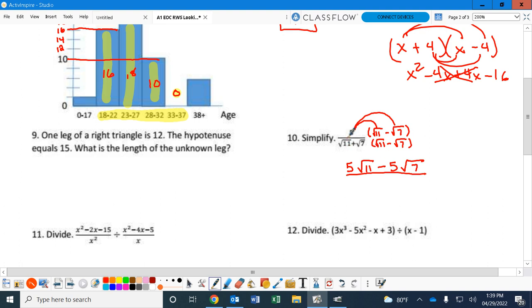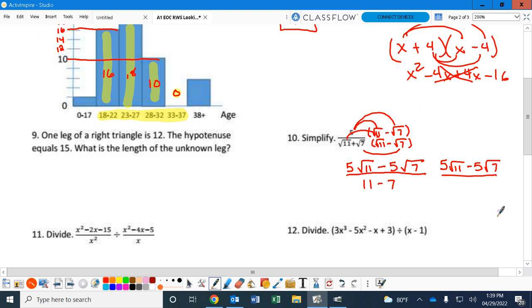So I'm just going to multiply the first two. What is the square root of 11 times the square root of 11? Please, for God's sakes, tell me what that is. 11. Thank you. And what is the square root of 7 times the square root of 7? 7. You have no radicals anymore. The radicals went away because the middle two terms just disappear. Because it would be plus the square root of 77 and minus the square root of 77, but those cancel out. So then to simplify this, it would be 5 square roots of 11 minus 5 square roots of 7